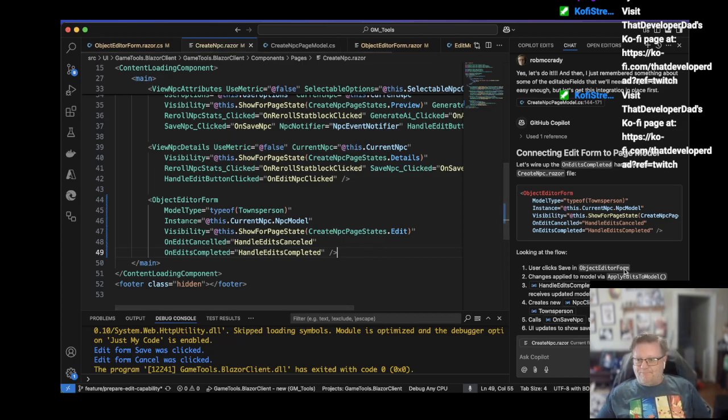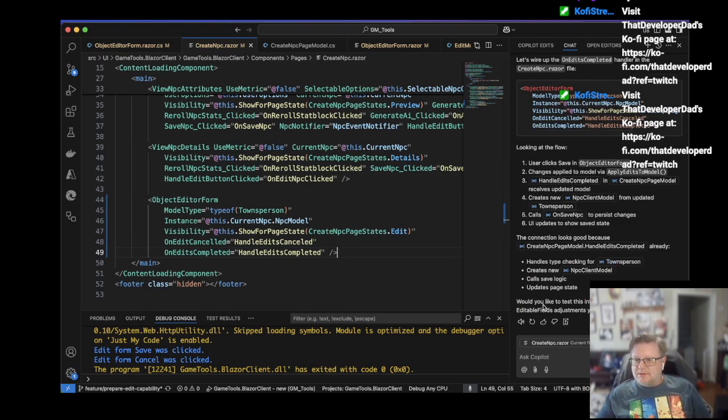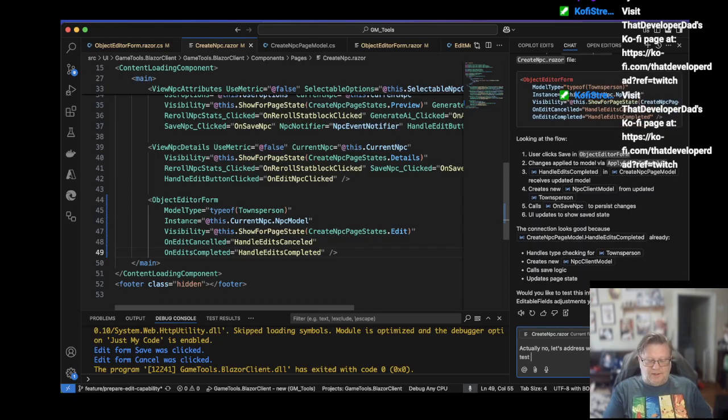Save that. Great. Actually, no. Let's address what I just thought of, and we'll test them all together because the code change I want to